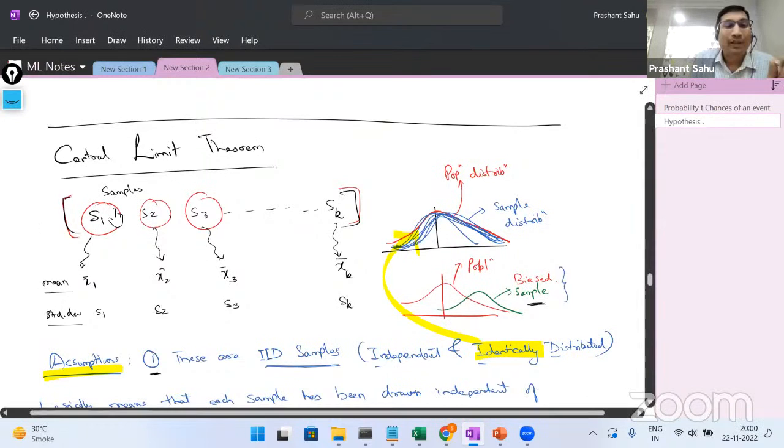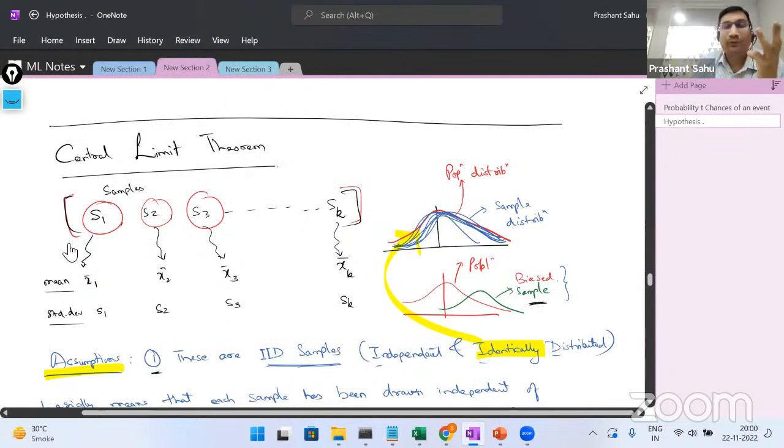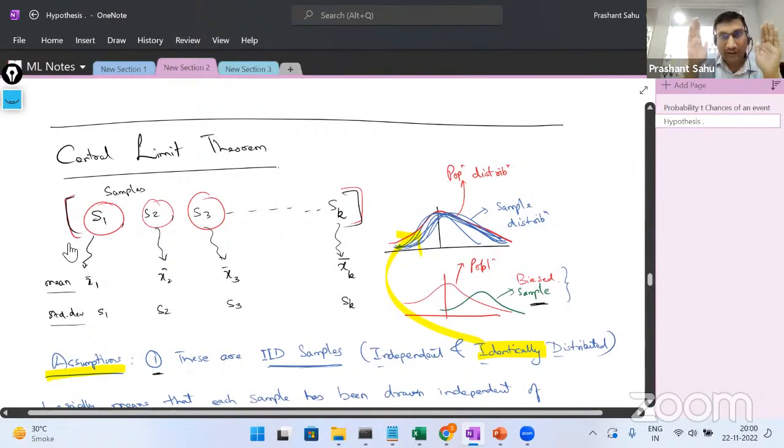Fine. So what is central limit theorem and where do we use that? Okay. So basically there are three assumptions. We have to first understand the assumptions. So there is a whole population and I'm drawing multiple samples. So what are S1, S2, S3? These are different samples drawn from the same population. So now each sample will have a mean that is represented by X bar: X1 bar, X2 bar, X3 bar, Xk bar. So K samples, K sample means. And similarly, I'll have S1, S2, S3, Sk,